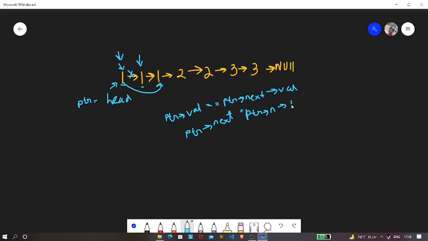I am writing next as a short form, as you can see. Ptr of next means this arrow, so we are making this node's next point to this node, which means we are making this guy point to this guy.